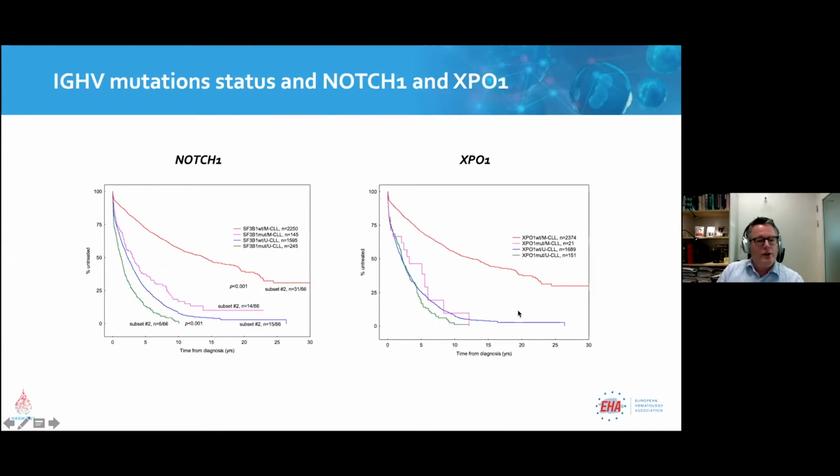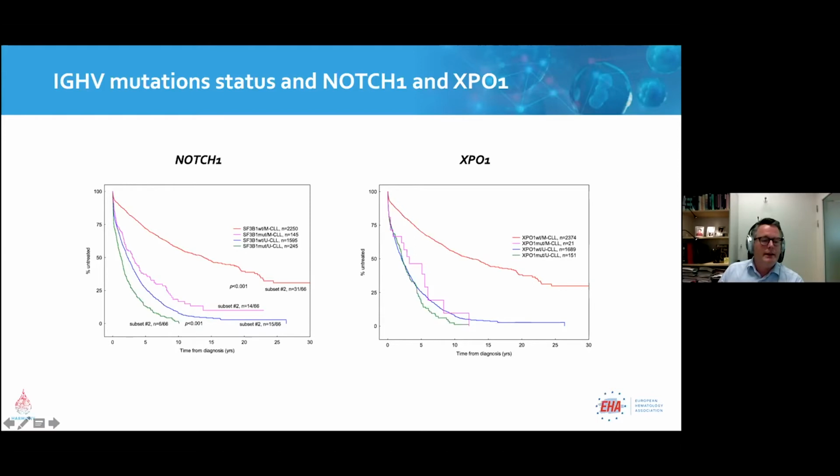And if we look at Notch1 and EXPO1, we see, sorry, now I made a mistake here. So it's the wrong graph, it's subset 2 here. So I can just tell you that Notch1, actually patients with Notch1 and mutated immunoglobulin genes had a worse outcome,